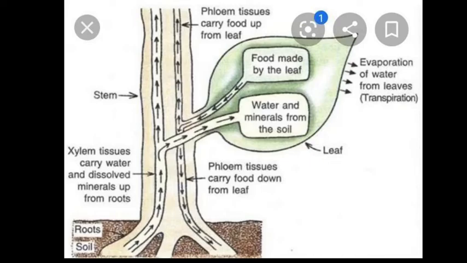Good morning students. Today we revise our next topic, transportation in plants. The transport system in plants is less elaborate than in animals, including human beings, because plants are less active, so their cells do not need to be supplied with material so quickly. The only substances which need to be supplied to a plant through a transport system are water and minerals.